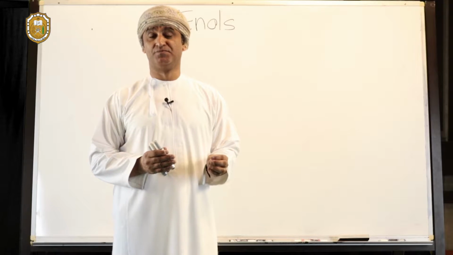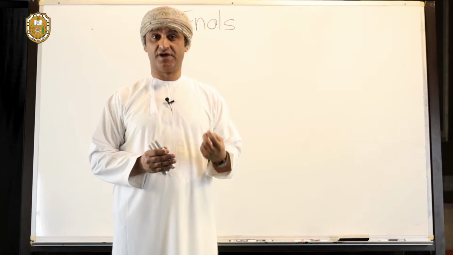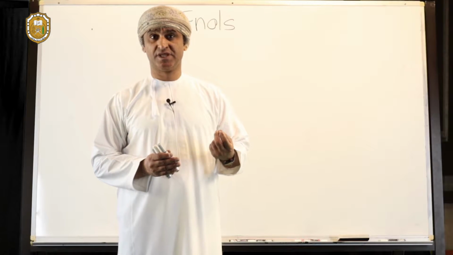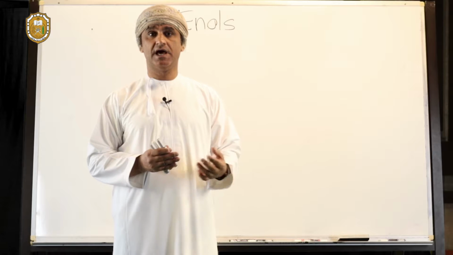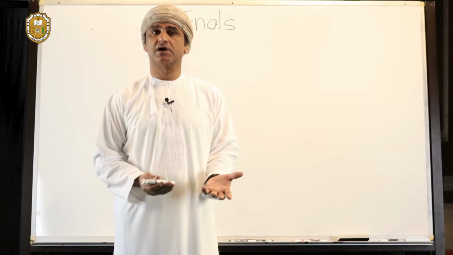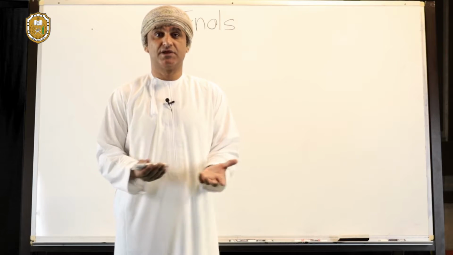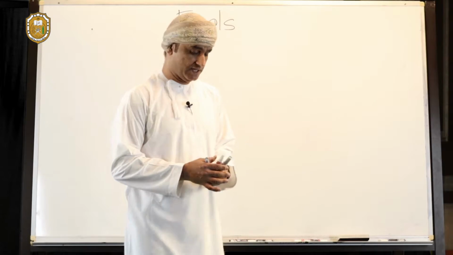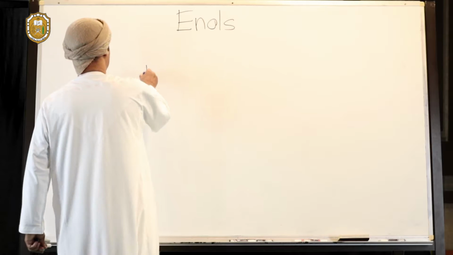How is it possible to convert a carbonyl compound such as a ketone with an alpha hydrogen into the corresponding enol, and what is special with enols anyway? Why are we interested in them? What can we do with them in terms of their reactions, for example? So this is the general structure